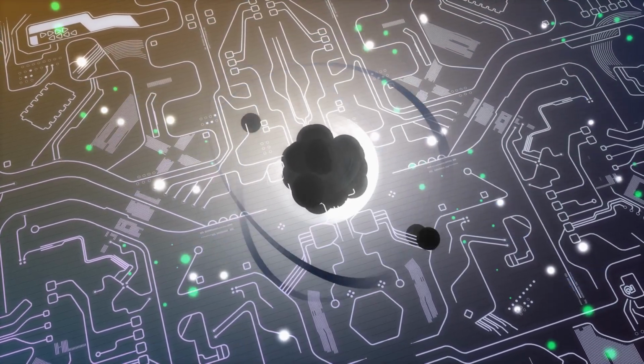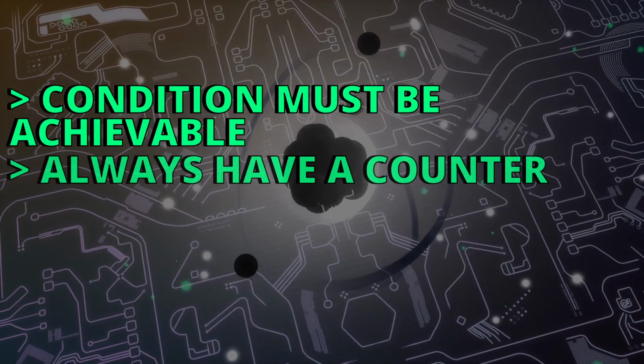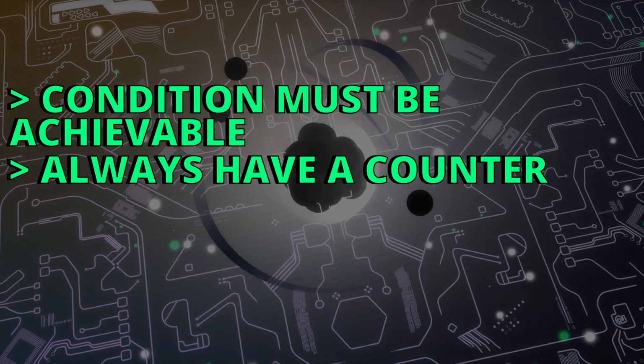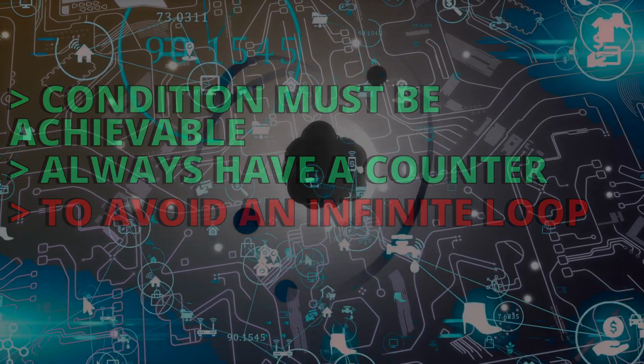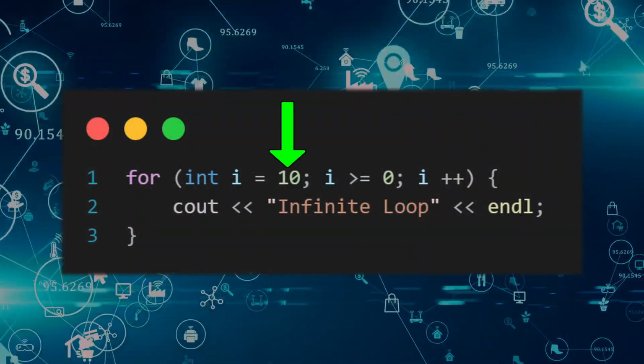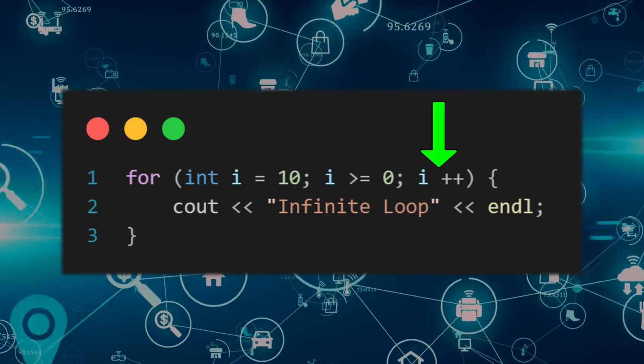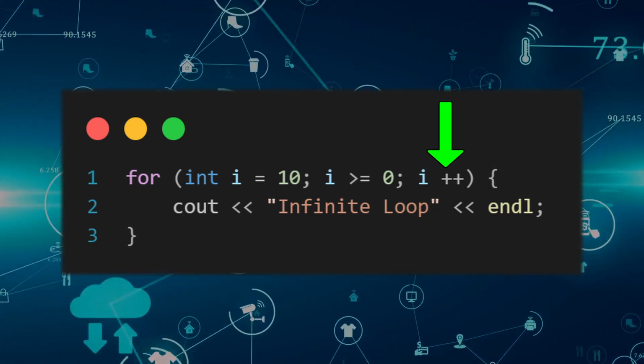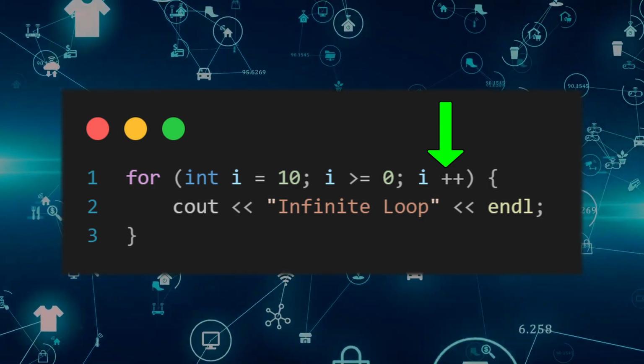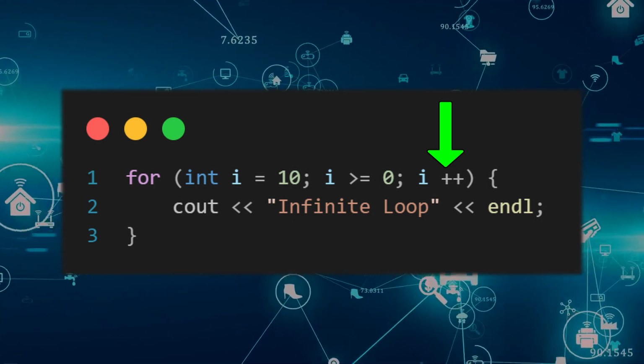Also know that it is important to set a condition that the program will eventually reach, or it will cause an infinite loop. Like this program, where I am saying that i is equal to 10 and the condition says i less than or equal to 0, but we are adding 1 to i at each iteration. This eventually means that i will never be less than or equal to 0 to be able to terminate this